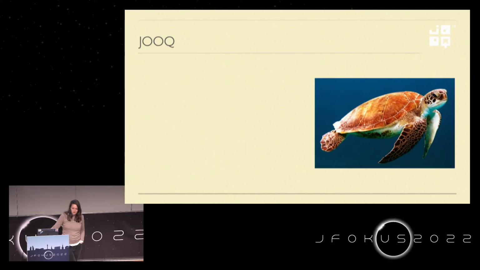Now let's have a look at Jooq. Still don't know how to say it. It's from the Java world. People might know it. People might use it already. And actually, I haven't worked with it, but oh, there it comes. It has a Kotlin integration as well. It's no DSL. It's more of a builder pattern if you write down your queries, but it works fine, and people work with it in the Kotlin world.